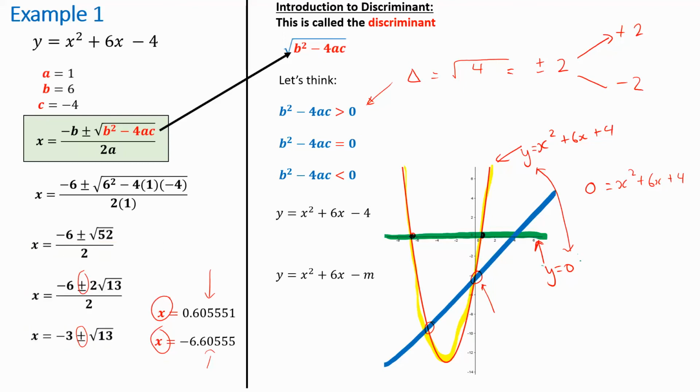You're saying this equation has y equals 0, and this equation has y equals x squared plus 6x plus 4, and you're equating them. That's what you're actually doing when you let y equal 0. So there's more to it than just saying y equals 0. Which is why in exercise 3J it becomes really interesting, because you can actually solve for which straight line, and you can make it so that you have a straight line